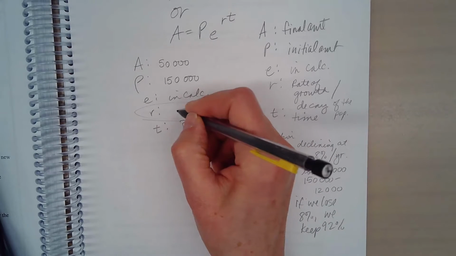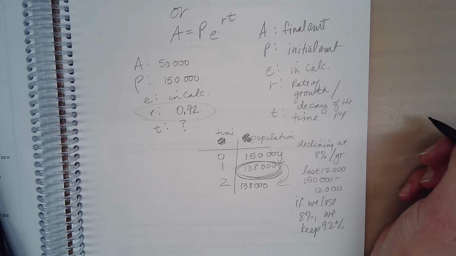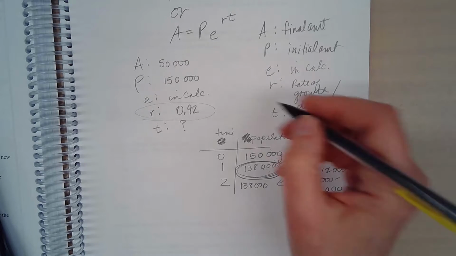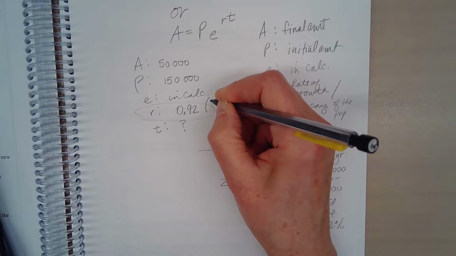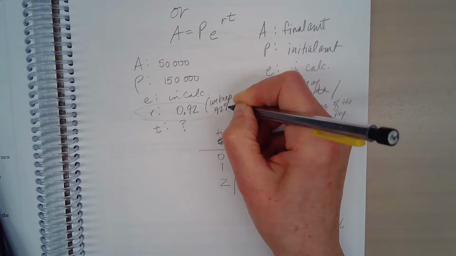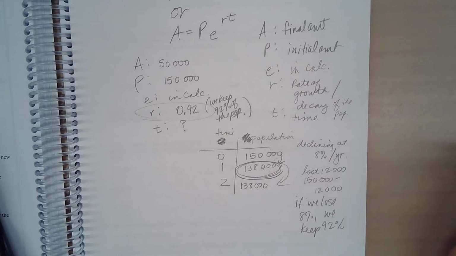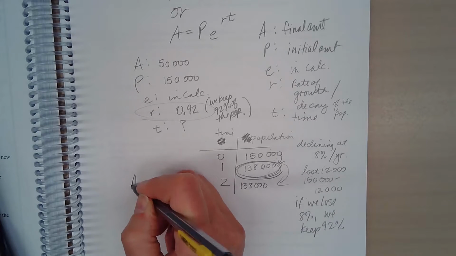So this is actually 0.92. We're studying the population. This is how much of the population we keep, right? We keep 92% of the population. And we're studying the population. We're not studying the people who left. We're studying the people who stayed. Okay, so if we put all that into our formula,